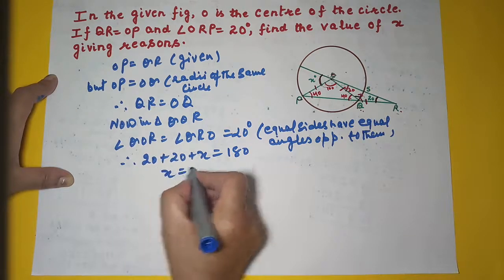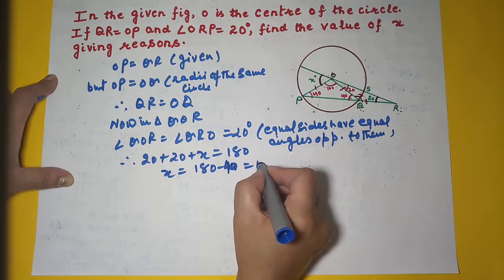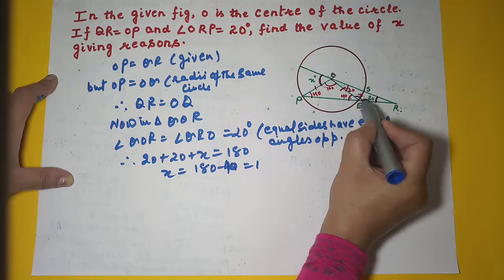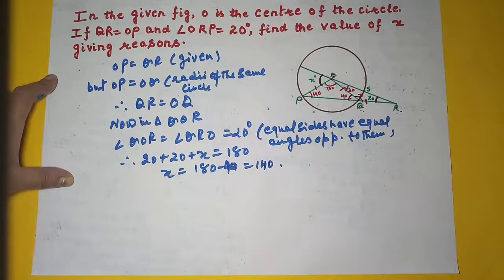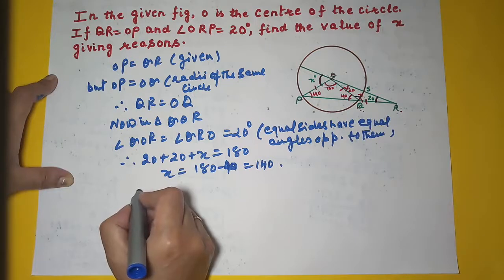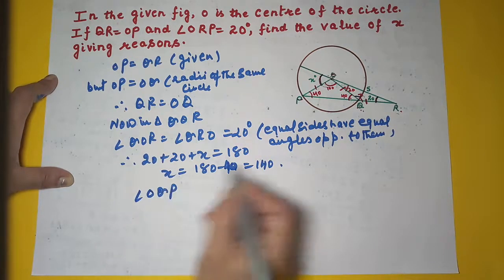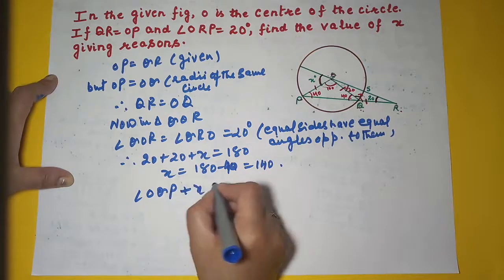So x equal to 180 minus 40 is equal to, this is 20 plus 20, 40. So this angle is 140. Fine. Now again you can write that angle OQP, that is this angle, plus x equal to